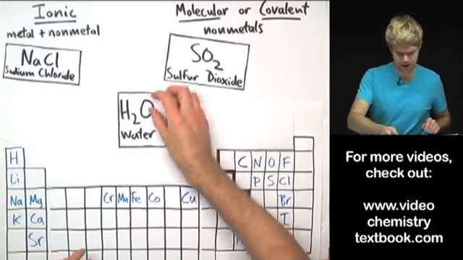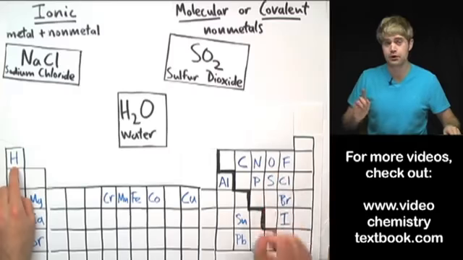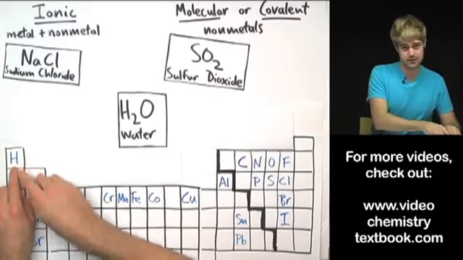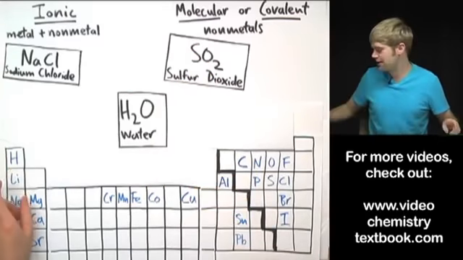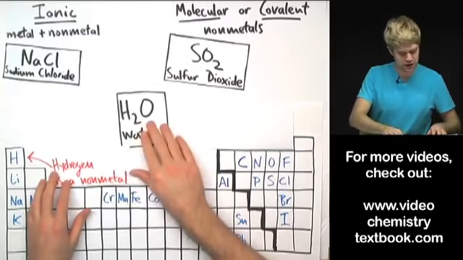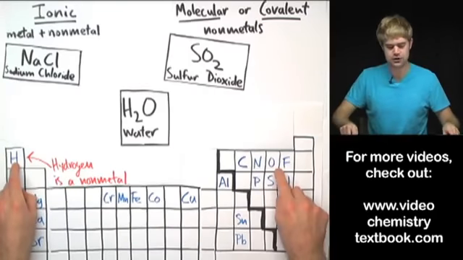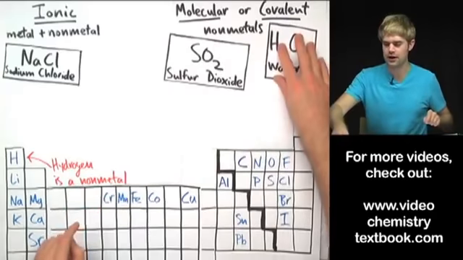All right, now H2O is made of hydrogen and oxygen. Now you might think that hydrogen is a metal because it's on this side of the periodic table. It's fine, it's understandable if you do that. But hydrogen is an exception. Even though it's on this side of the periodic table, it's actually a nonmetal. It's the only exception. So hydrogen and oxygen are actually both nonmetals, which means that H2O, water, is a molecular